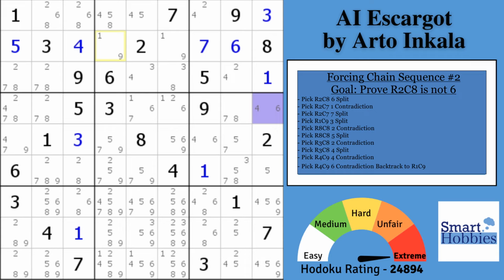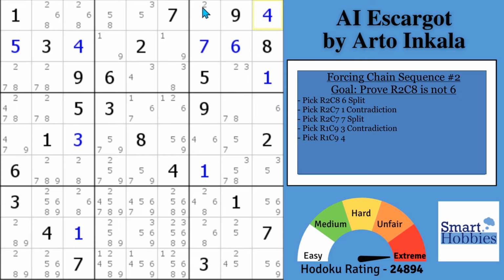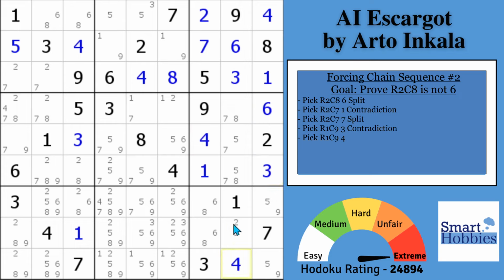And this does seem tedious, but you can see these methods are not that difficult. So we put a 4 right here in row 1, column 9. And you see that in this logic chain, 2, 3, 8, 4, 4, 6, 3, block 6, 2, 9, block 9, or it should be 4 and a 2 in block 9, 4 in block 4, and in block 8, 5 and 3 in row 1, 3 in block 8,